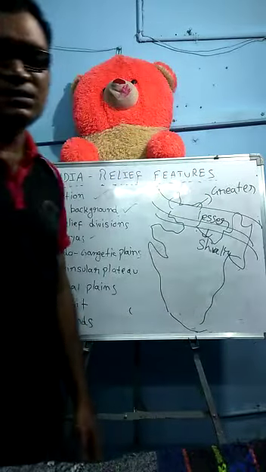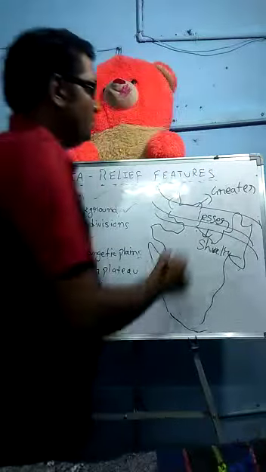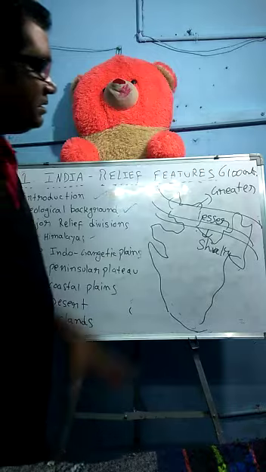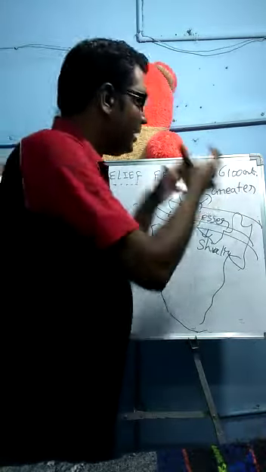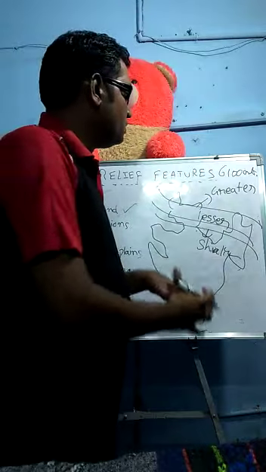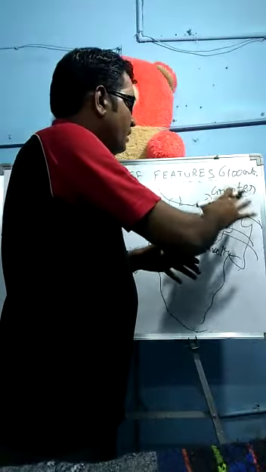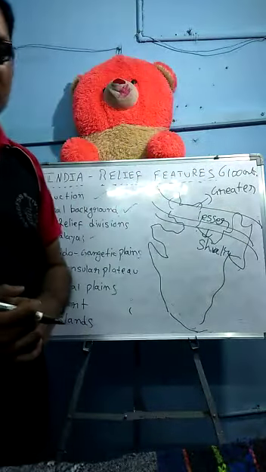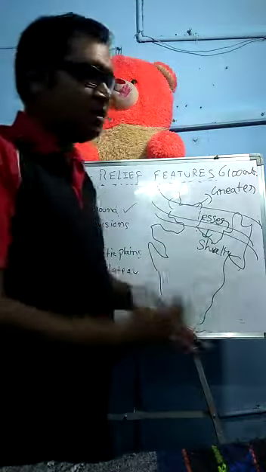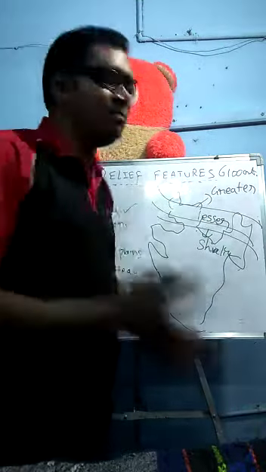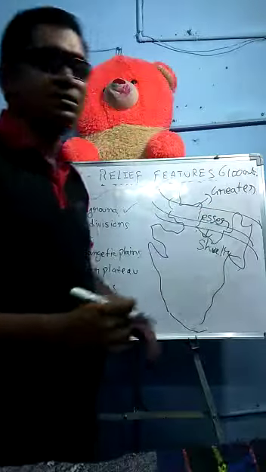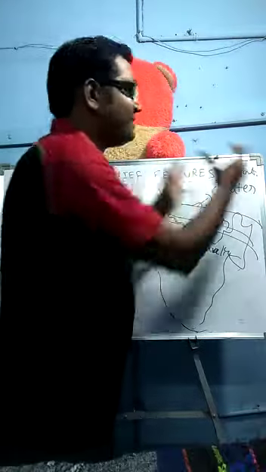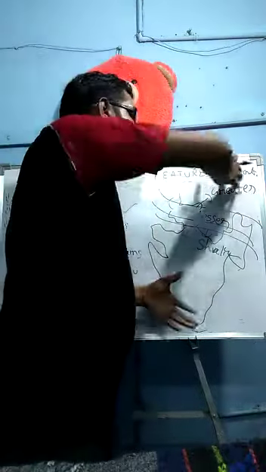First I will explain the Greater Himalayas. The height of the Greater Himalayas is 6100 meters above sea level. Here the snow is always melting, with glaciers. So perennial rivers flow from this area to various locations, all 12 months, all seasons, January to December. These are the details of the Greater Himalayas. It is located on the north side of India.